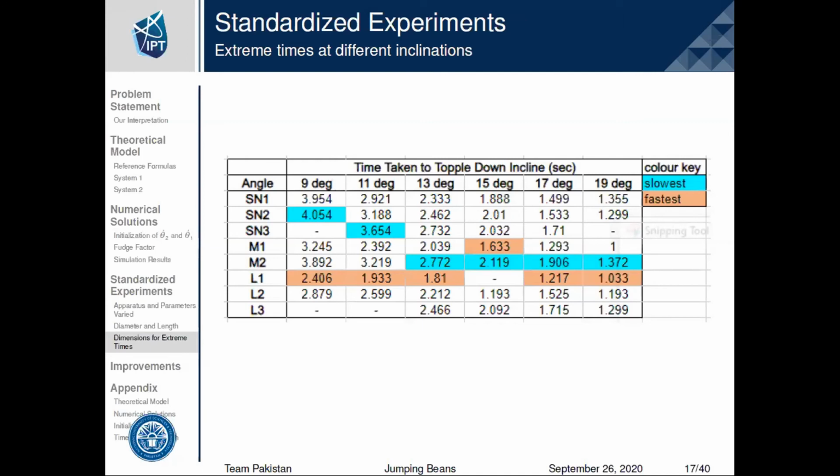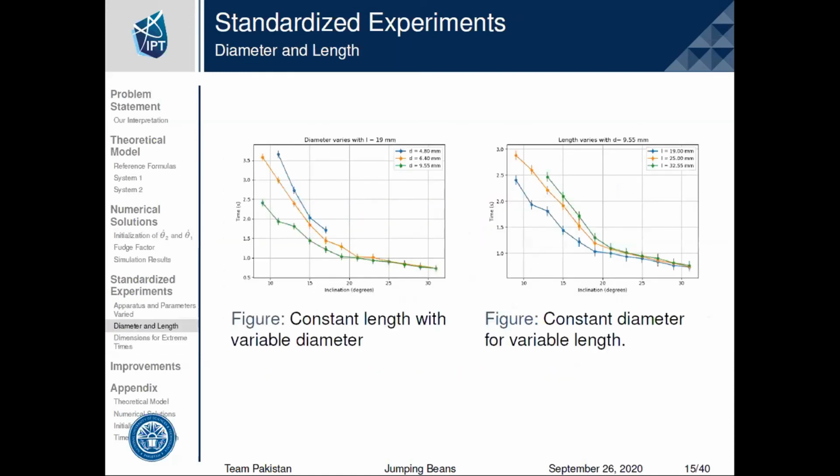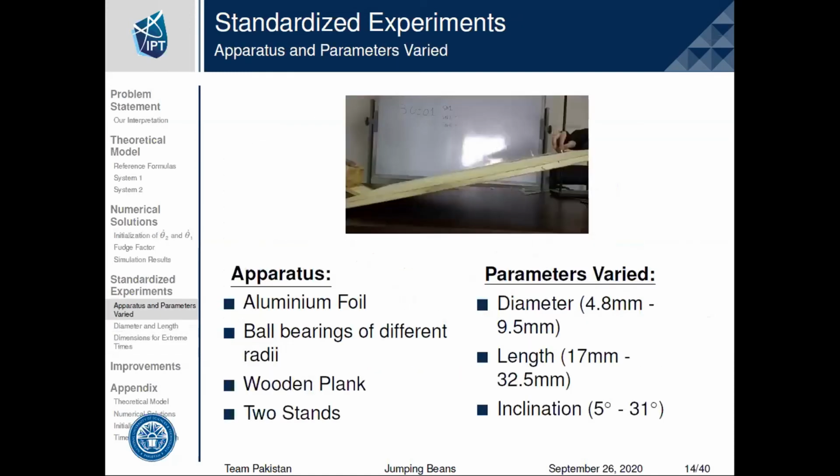Yes, you're right. Ideally, it would be that way. But while performing our experiments, we chose a certain inclination. We gave a certain range of inclination here, for which we saw topples. For the inclinations in which the topple never occurred, that is, where the capsule ball system just slipped down the incline, that is less than 5 degrees, and for angles greater than 31 degrees, the capsule,